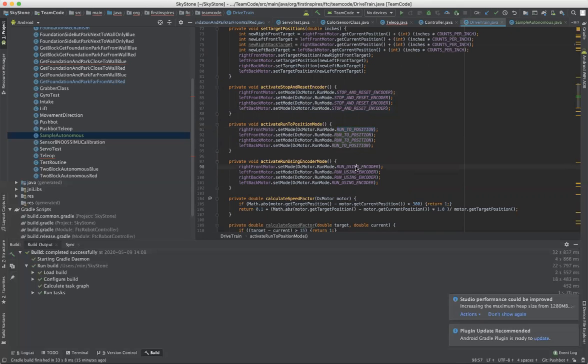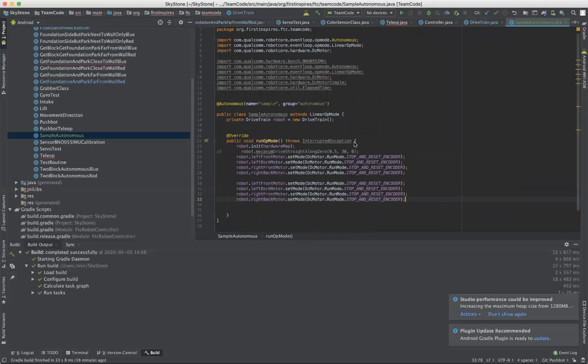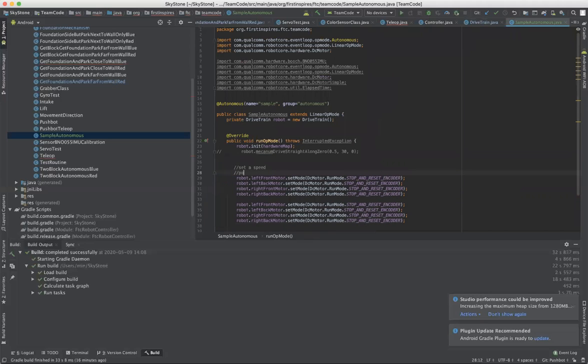So this run using encoder, that's a bit misleading. That's not the thing you actually want to use. I think run using encoder is more for when you want to do what I did the first time, when I just set a speed and then paused it, like sleep 2000. That's more like